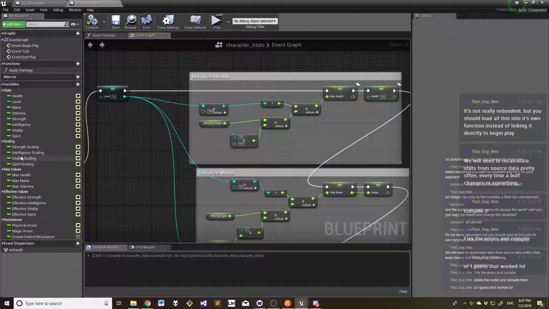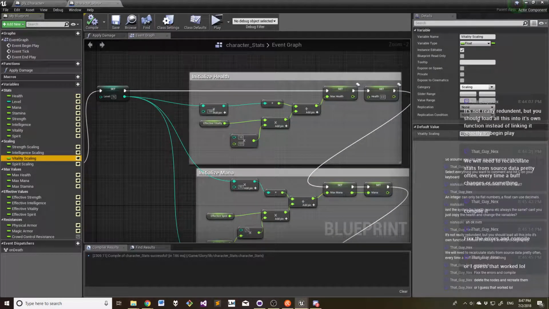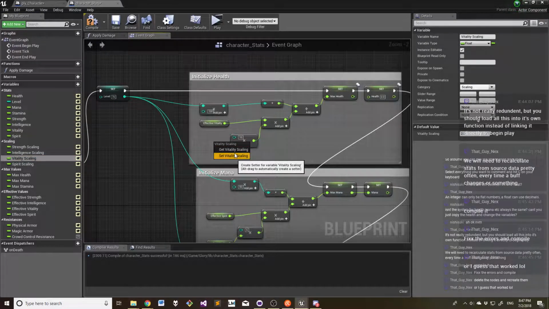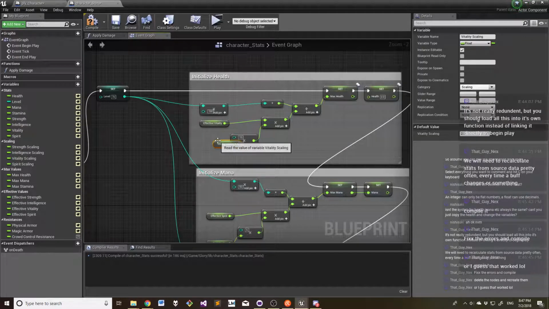So let's see. Vitality scaling. Can we change this to 2.5 now? Okay. Yeah. Change it back to 2.5. Okay. Yeah, thanks for that, Jordy. Get vitality scaling 2.5. Okay, so where was I talking about? Oh yeah. Since we have this base scaling of 2.5 already,